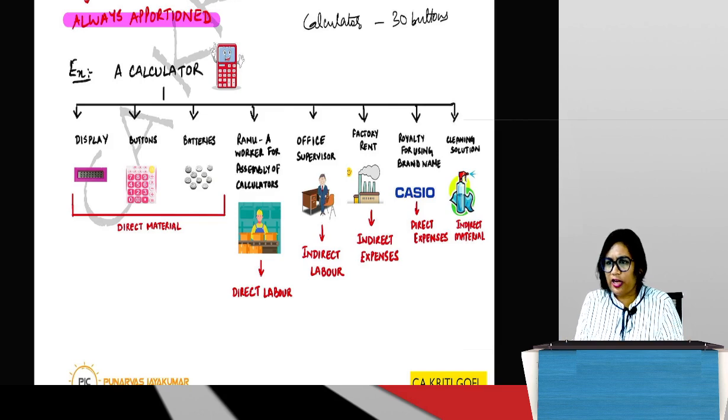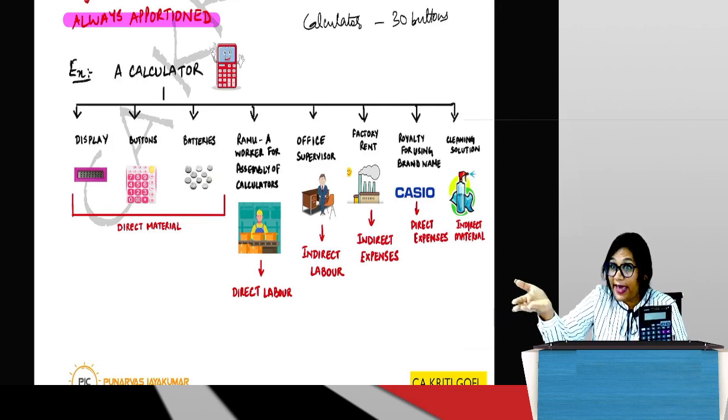Yeah, material which cannot be directly associated. Yeah, I know the meaning. Can you think of an example? Like when you are manufacturing a product, what could be an indirect material? So let's look at examples for each of these. Okay, direct material I won't be giving an example. I've already given display, buttons, whatever is used.